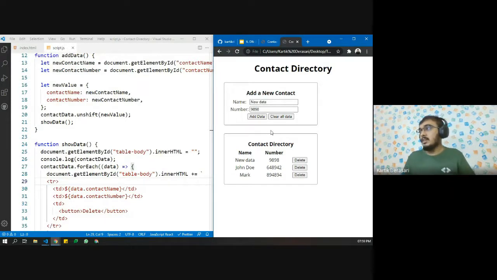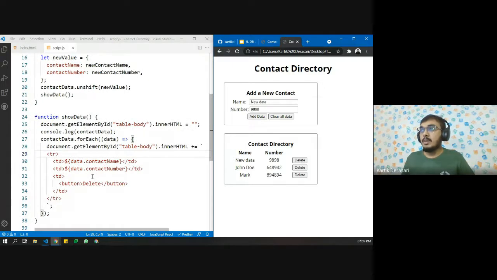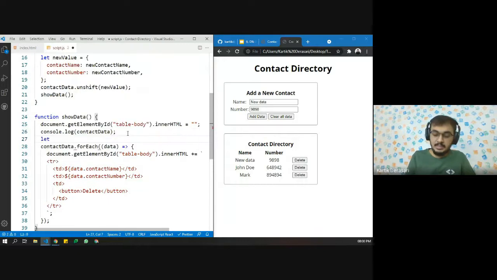Now the next thing we want to do is delete this data. For deleting the data, we first of all need to know which values we need to remove. So let us simply create a variable, let's say i equals 0.